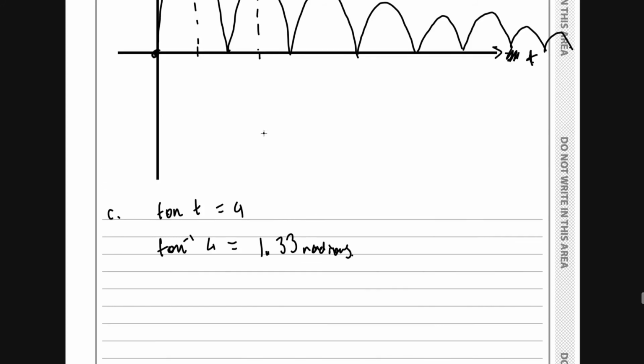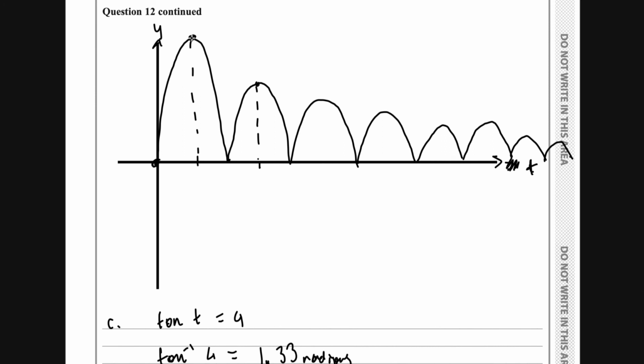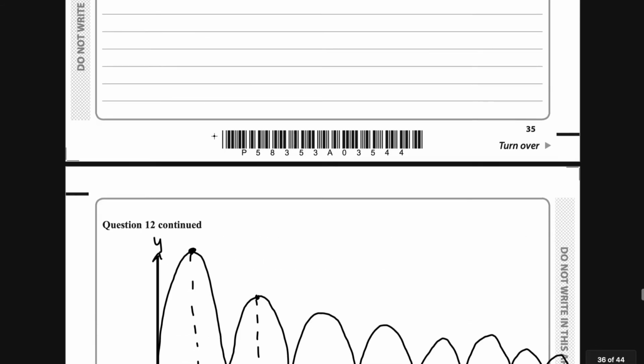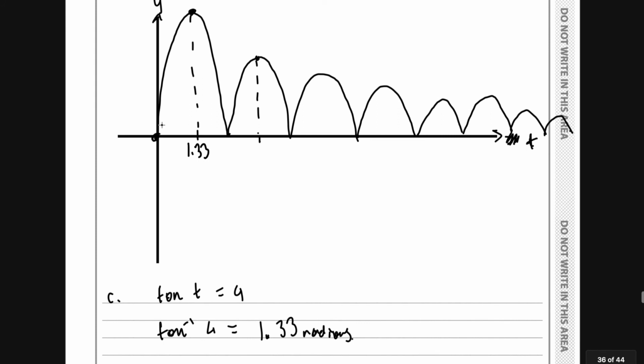Okay? But that gives us the first positive value, okay? So this here would be 1.33. That's going to be the value of t, but that's going to give us the highest point between this point here, okay? But what we want is the value of t at which the highest point occurs between the first bounce and the second bounce. So if you can imagine the ball coming in like this, bounces once, bounces twice. Between this first bounce and the second bounce, we're after this t value here